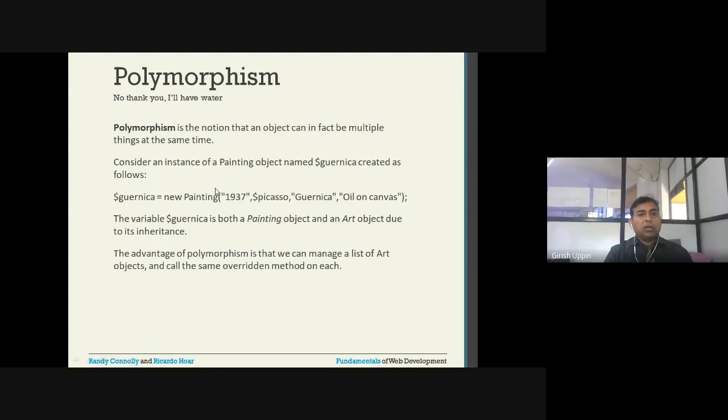So next one is polymorphism. What is polymorphism? It is taking many forms. Same interface, it can have a different implementation. Same method, different implementation. So that is called polymorphism. Polymorphism is the notion that an object can in fact be multiple things at the same time. So one good example of